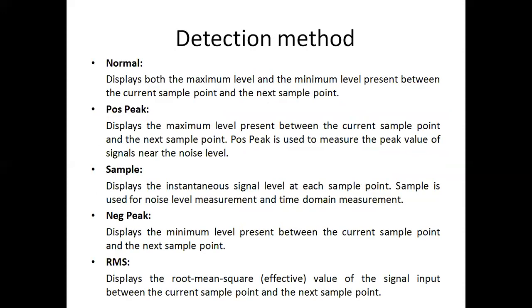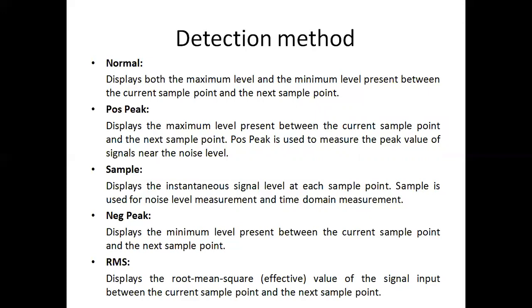And the next characteristic is detection method. As shown in the block diagram, the final block is detection. Detection in the sense is the baseband signal that is allowed as input into the spectrum analyzer. There are 5 types of detection methods. The first one is normal. In the normal detection method,